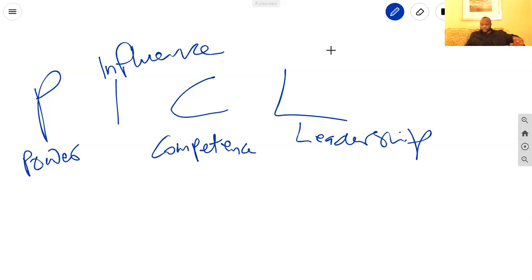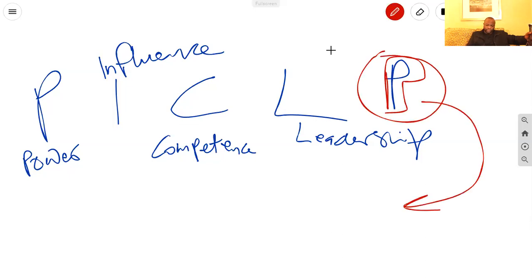So knowing, understanding this governance framework, understanding the big picture of accountability, responsibility, and authority, where do they reside in the organization? That is going to help the project manager leverage their pickle: power, influence, competence, leadership, and, you could say, pickle P. Trust me to come up with a ridiculous mnemonic. The last P stands for political capabilities. And you don't want to forget about this last P. A lot of people do. In fact, this is so important, I need to put it in red. The pickle P factor. This is political.